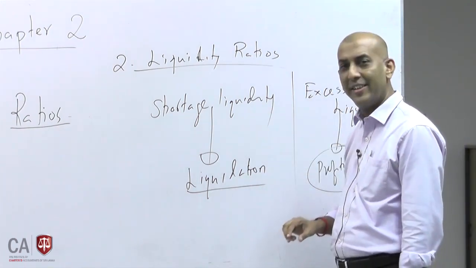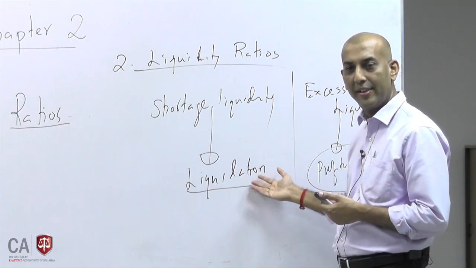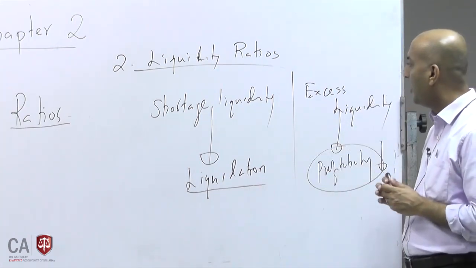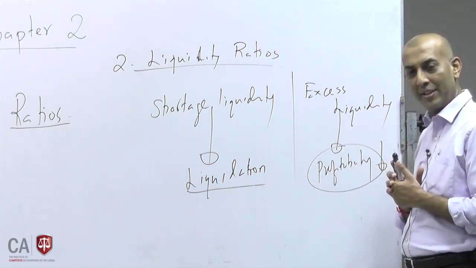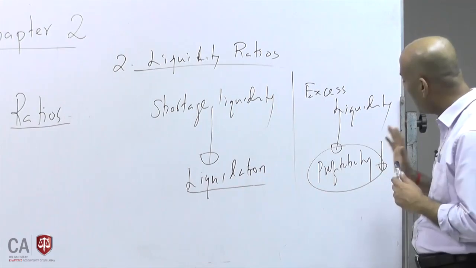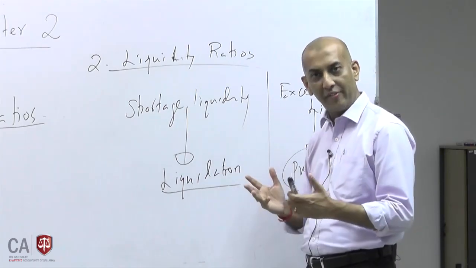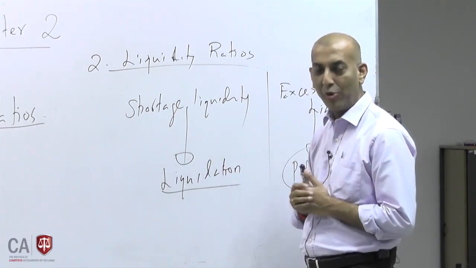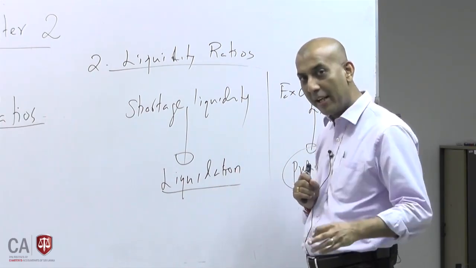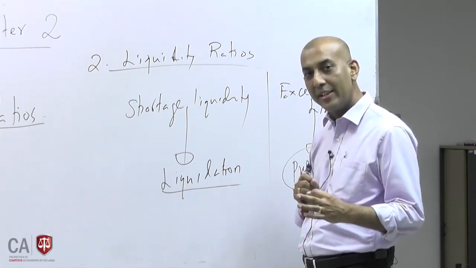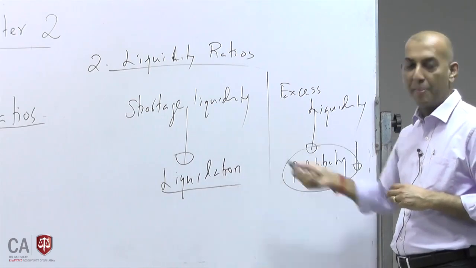Shortage of liquidity is where you have a serious problem: you cannot meet your liabilities, and it can force liquidation. So please be careful. When you see that a company has shortage of liquidity, it is a serious problem compared to excess liquidity. Why? The excess liquidity problem is only lesser profitability. But if you don't have money to survive, you are going to be in trouble. You can't sustain for longer. So very important, even a loss-making company can survive for a couple of years, but a company with a liquidity problem cannot sustain for a longer period.